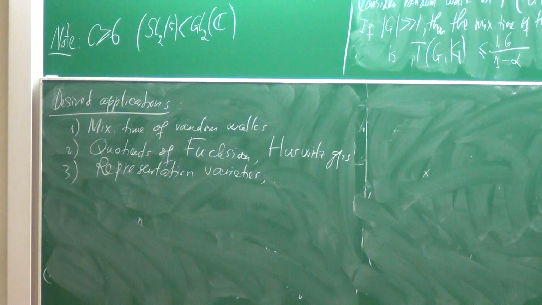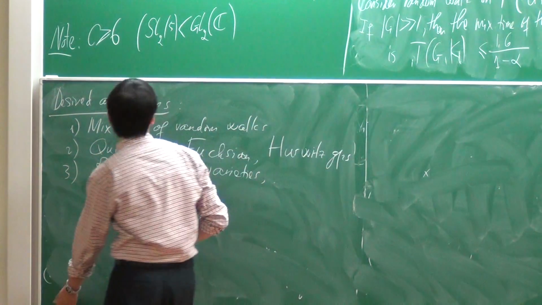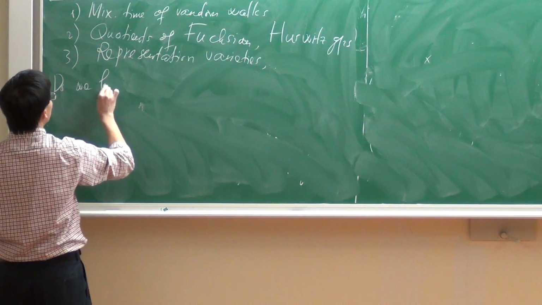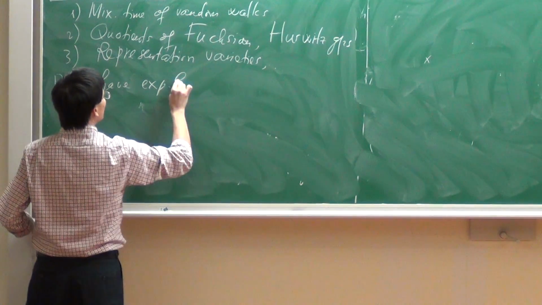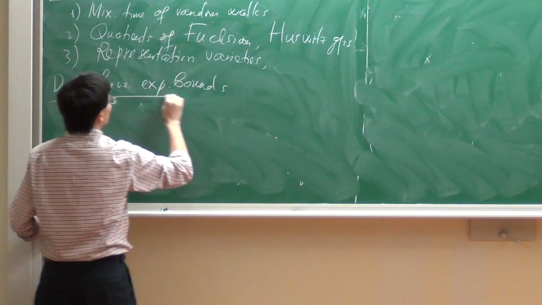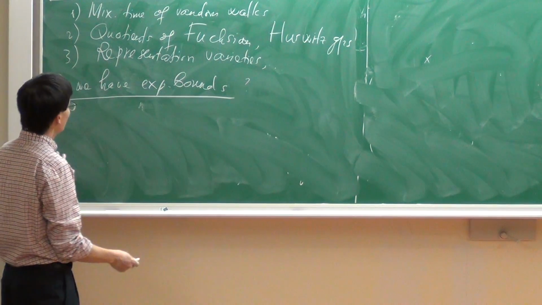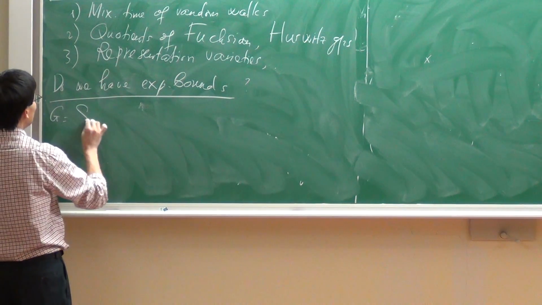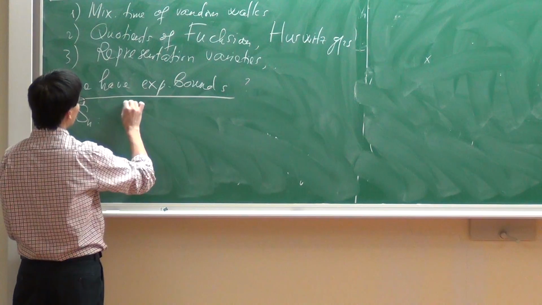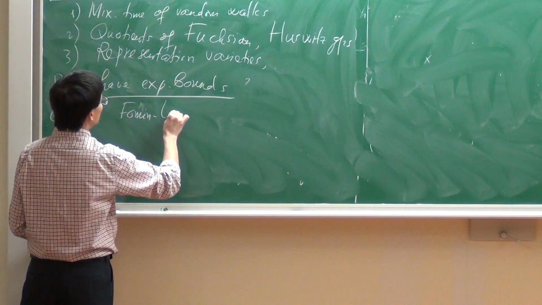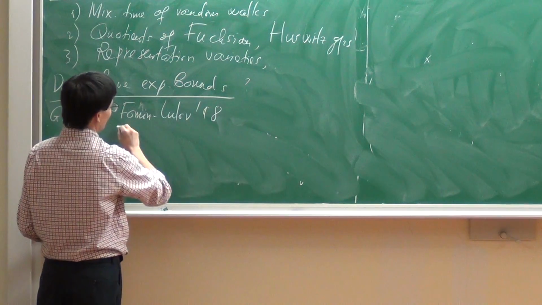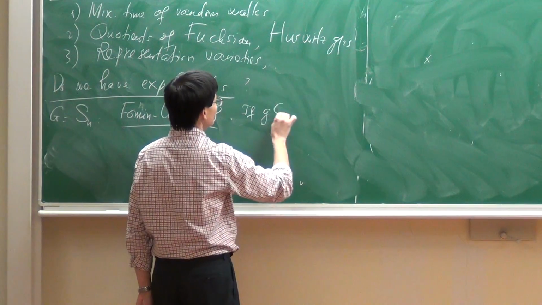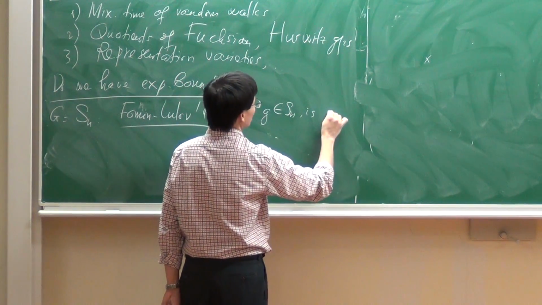So do we have this kind of bound, the exponential one? So do we have an exponential bound? Well, the first case where we have such a bound is when your G is symmetric. And it was proved by Schlage-Puchta and Fulman in 1998 to show that if your G is in Sn and is homogeneous,